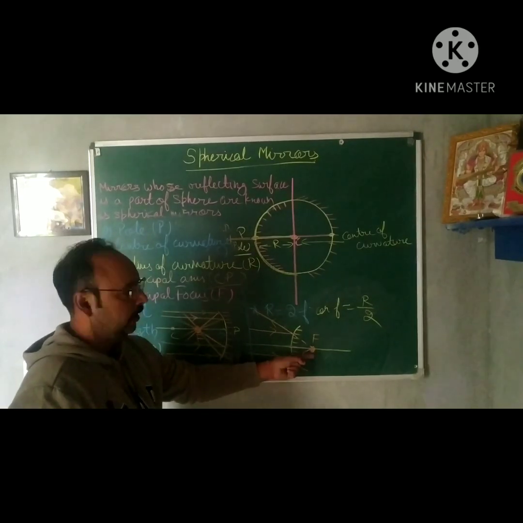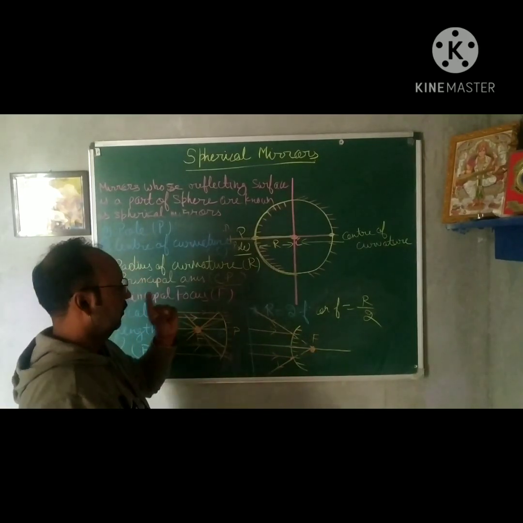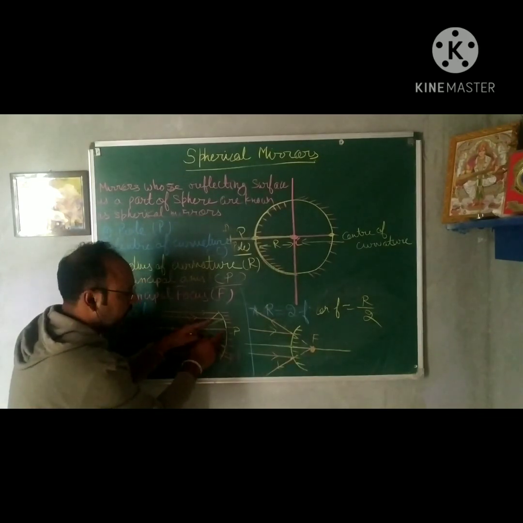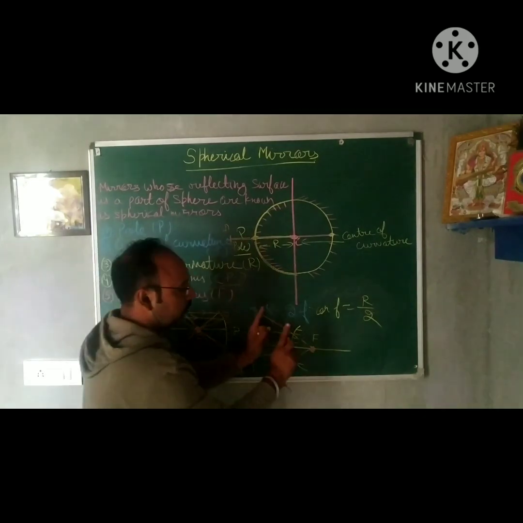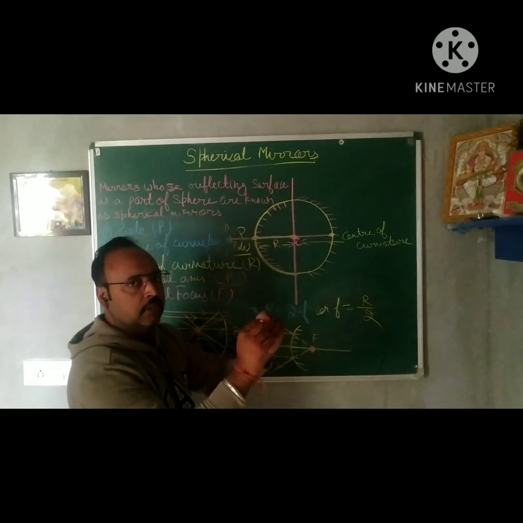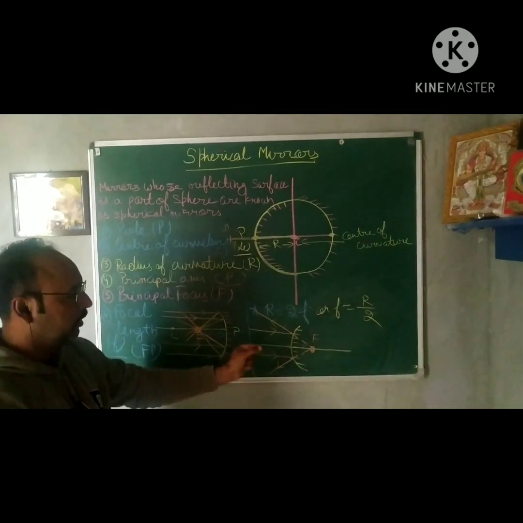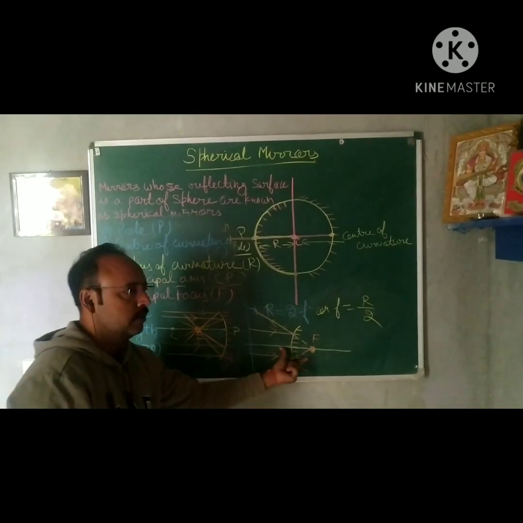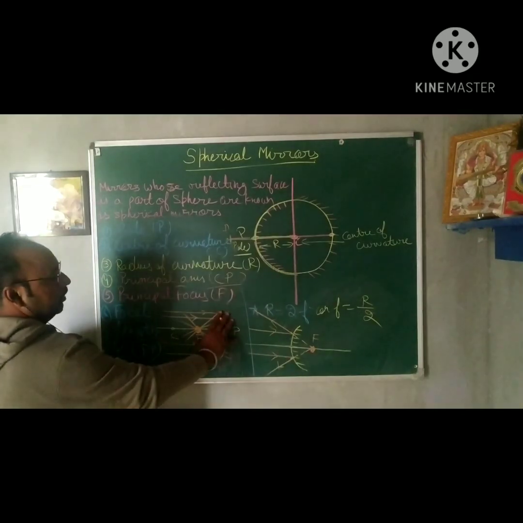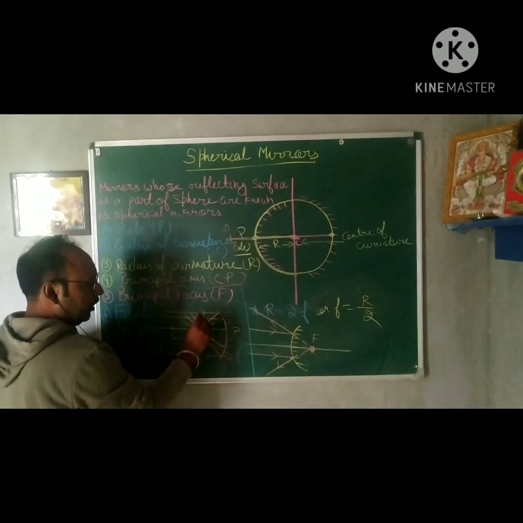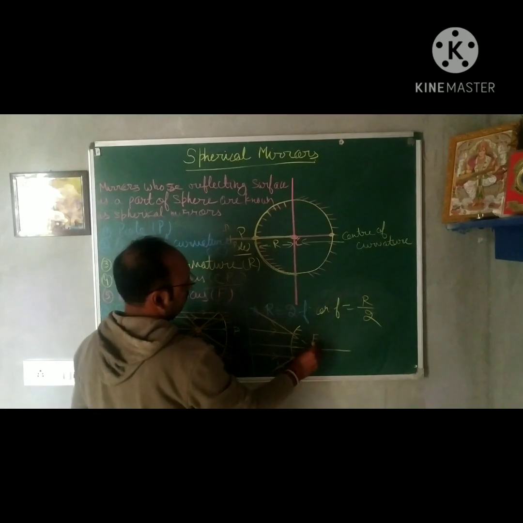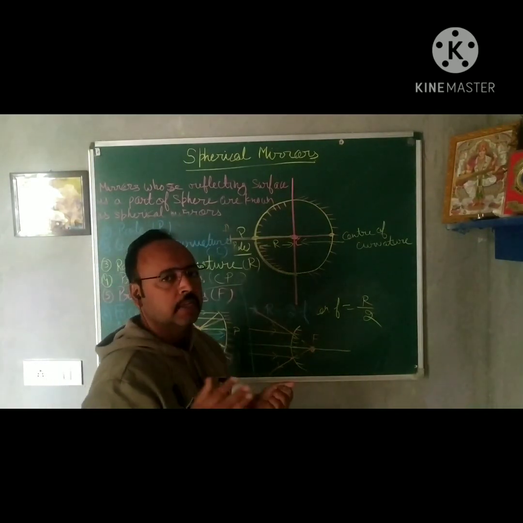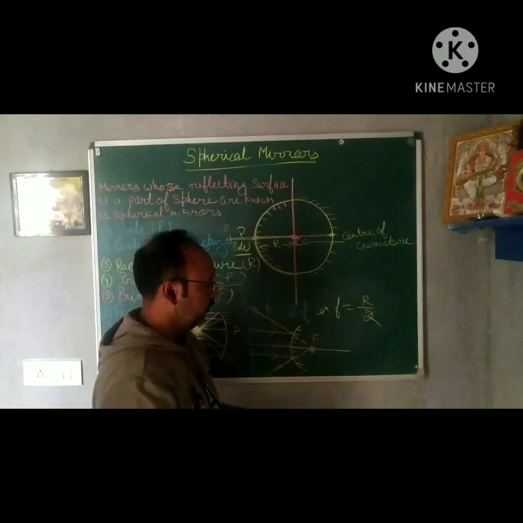So dear students, very important thing: here the rays are actually meeting after reflection. After striking, they are actually meeting. Here they are not meeting; we are just imagining, supposing that they will meet at that point. So in the concave mirror case, this is a real image, in which the rays actually meet at one point. It will always form a real image. In the convex mirror, the rays will not meet at one point, they just appear to meet. That is known as a virtual image, right?